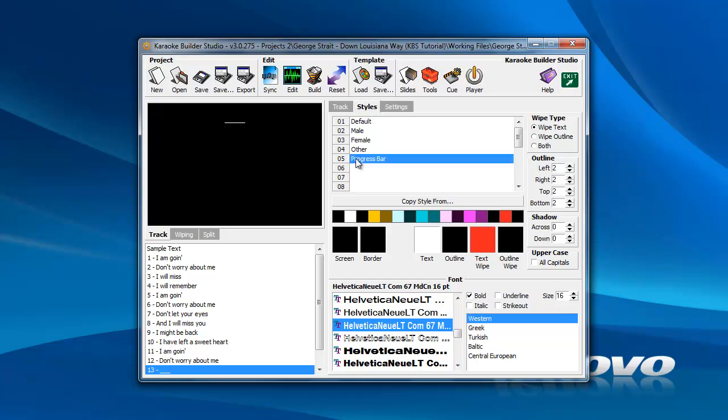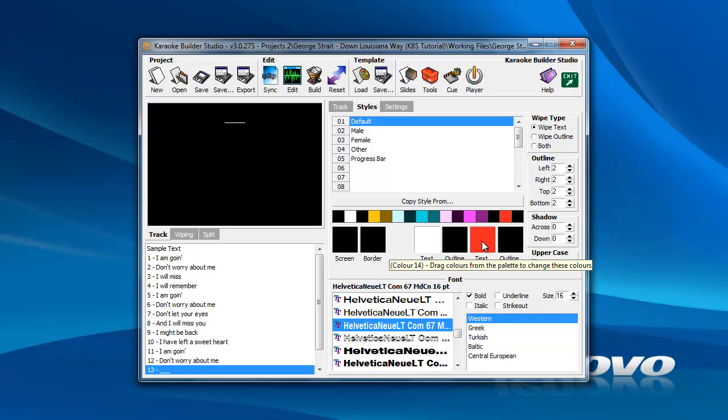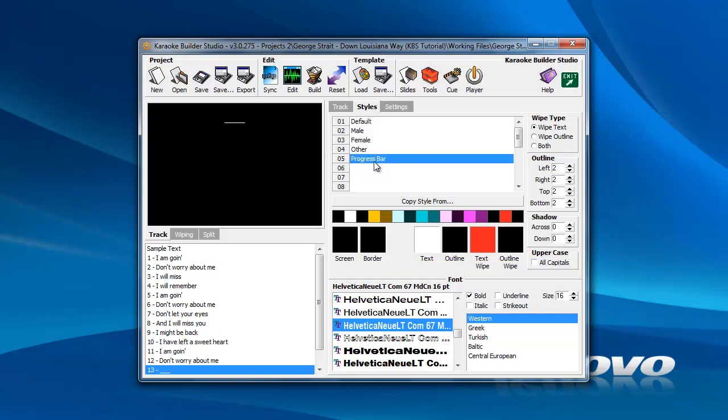Now what we're going to want to do is to have the same basic settings as, let's say, the default, which is a white line and an outline of black and a text wipe of red. For this exercise, we're going to select the progress bar. I'm going to have a white line, but we're going to change the main white line to a different color. Now to do that,